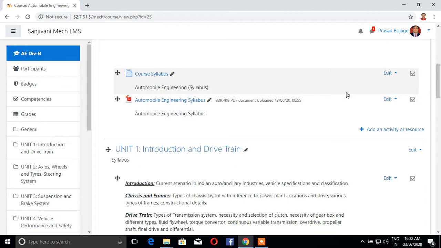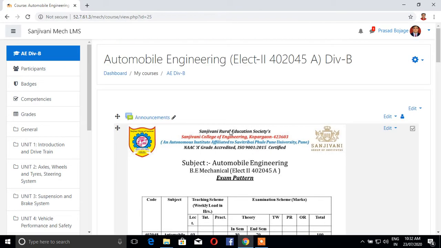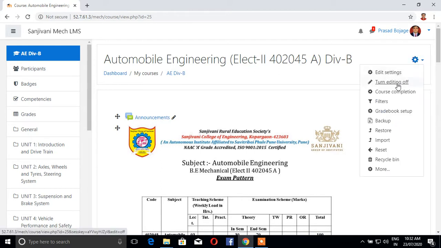So, let us begin. Now, when you come to your dashboard, that is your subject, for example, automobile engineering in my case, what you have to do is go in settings. In settings, turn editing on. So, here already my editing option is on.